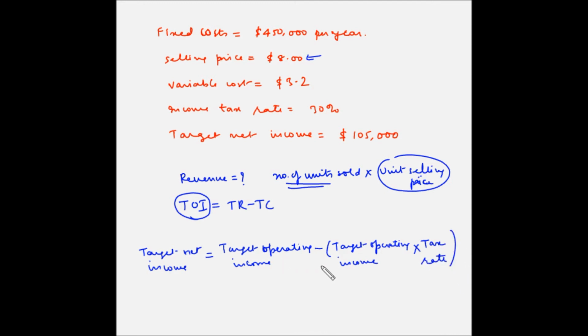So basically we are applying the tax on the targeted operating income to obtain the target net income. So target net income is given to us as 105,000 is equal to, let's say this is X, minus tax rate is 30%. So 30% means 30 divided by 100 into X. X is the target operating income,